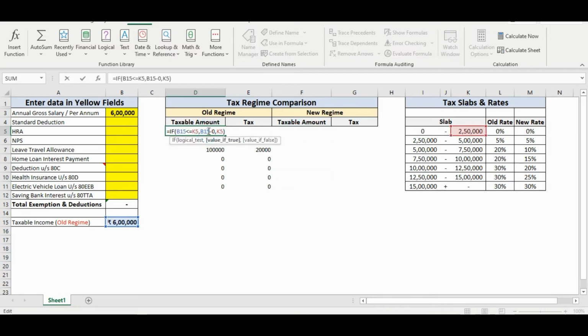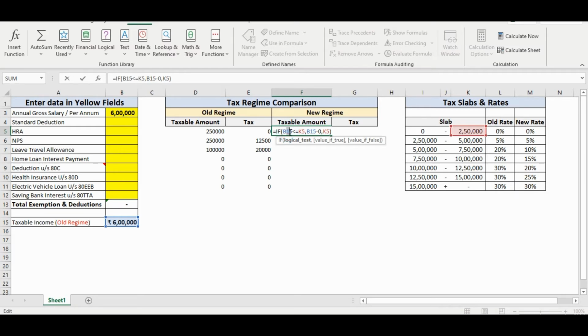To do this, we'll simply copy the formulae from our old regime and we'll simply paste it here. The only change we need to do here, and which we should always keep in mind, is in new regime, since we don't get any deductions, we should be taking the actual gross salary, which is there in our field B3.